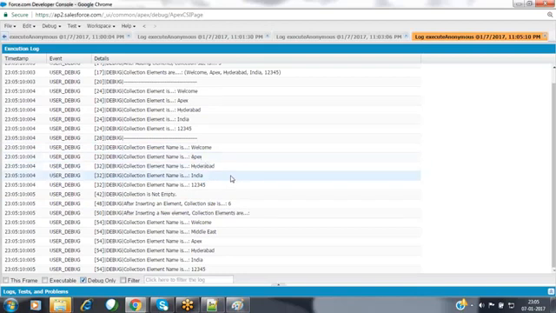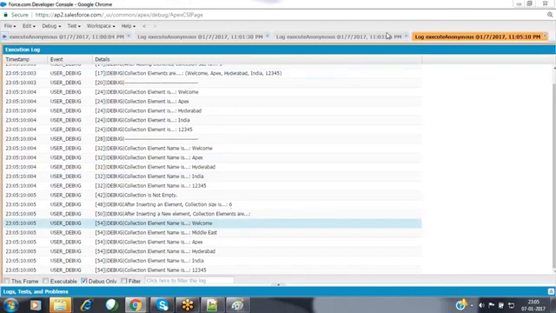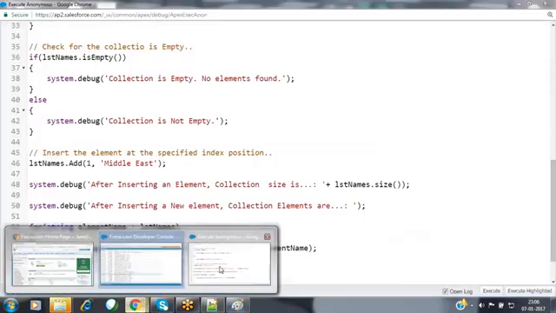This Apex will be shifted to the next level. So it has the welcome element, after that Middle East, then Apex, then Hyderabad, then India, and then the remaining values. The elements are adjusted automatically by default over here. But in arrays, these are not adjusted; we have to do it manually, programmatically.